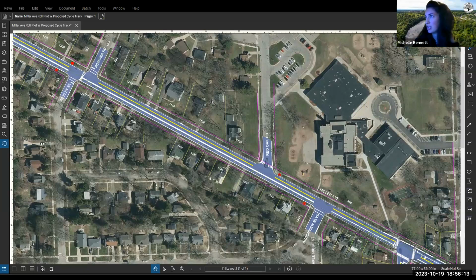As a part of this project, are there any thoughts about improving the lighting along Miller Ave? It is very dark, especially if you are adding bicyclists. Any lighting improvements to this project? So corridor lighting changes along the entire length of the corridor are not currently part of the project. We will be looking at lighting in regards to crosswalks, especially any new crosswalks that we're putting in.